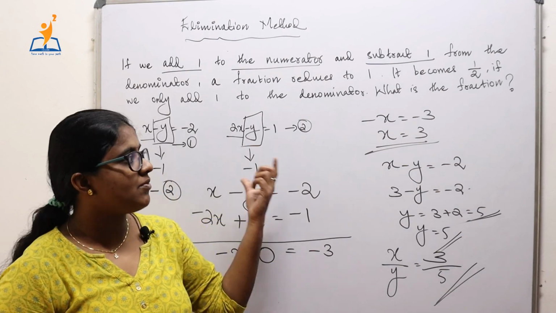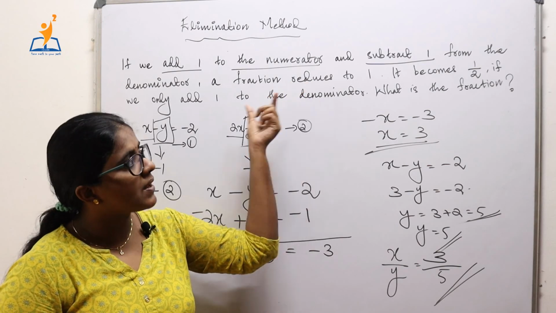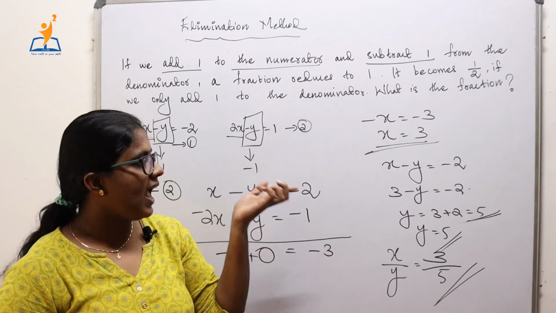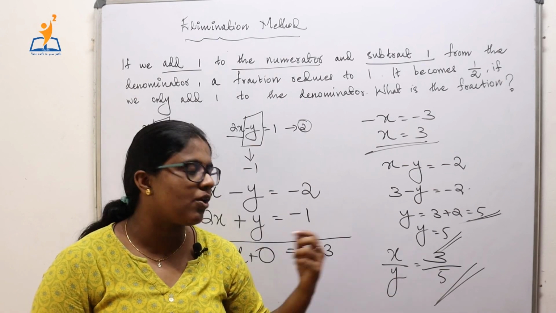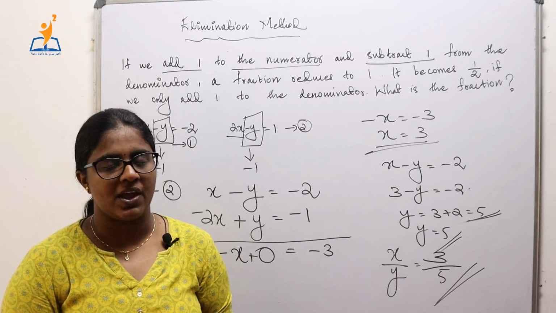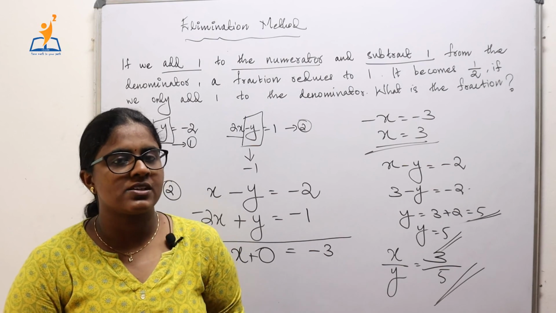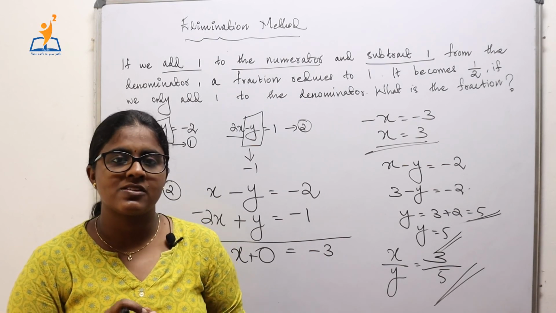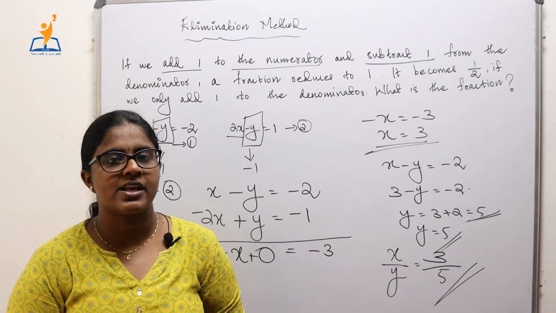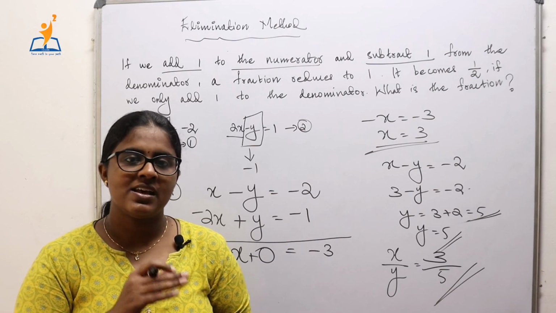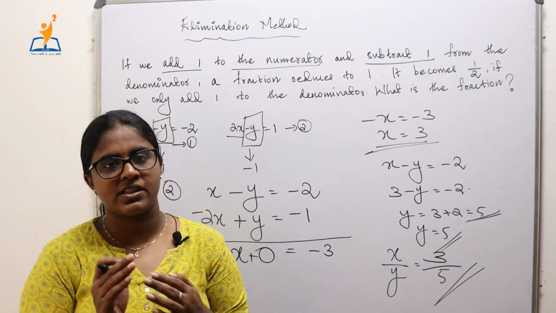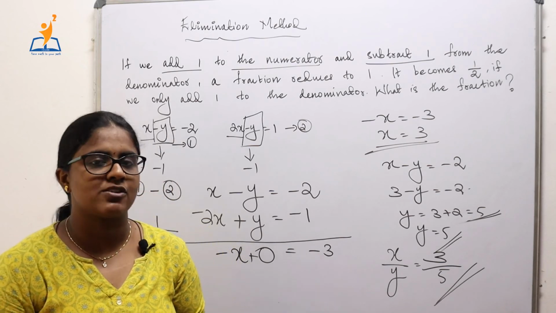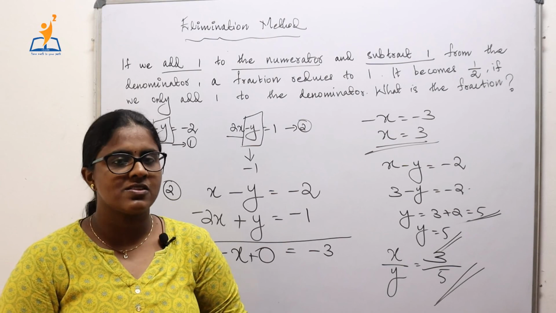So that is this question. We have first of all written the conditions algebraically and then solved the pair of linear equations using elimination method, and we got the fraction as 3 by 5. So that was elimination method. In some cases elimination method is far better than substitution method. So you can use either elimination method or substitution method while solving a pair of linear equations algebraically.